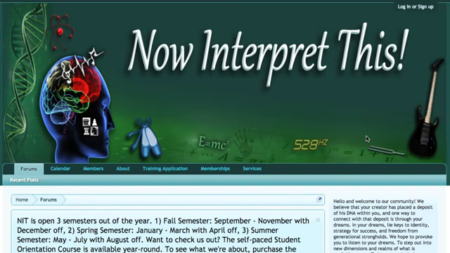That seems to be an issue for people sometimes. It's really not complicated. I'm just going to show you point by point and all of the detail about how to get in. Now, when you first get to the site, which is www.nowinterpretthis.com, it's going to look like this, okay? You're going to see up in your top right, there is a log in or sign up.